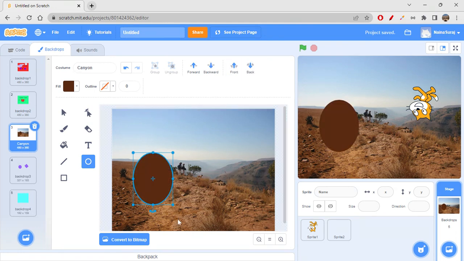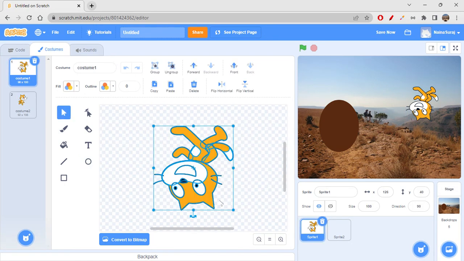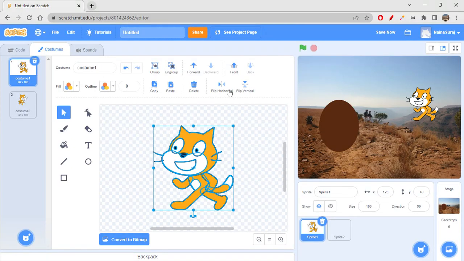Okay, so likewise let me also click on the sprite. Click on this, select it, front, forward. It does nothing. Okay, flip horizontal and flip vertical.